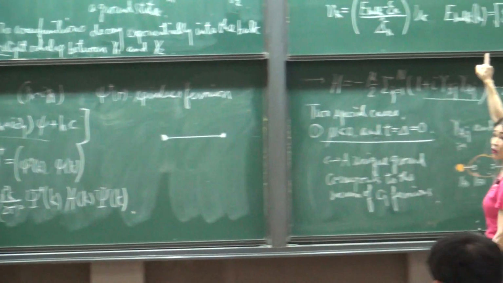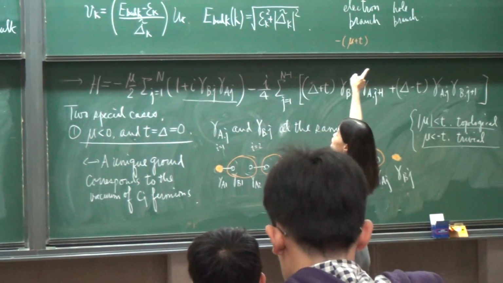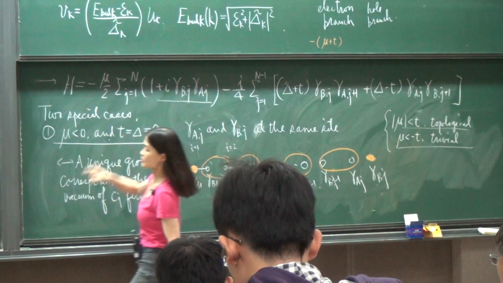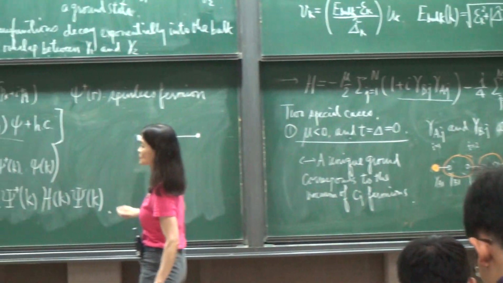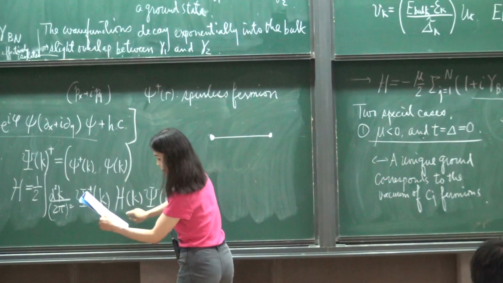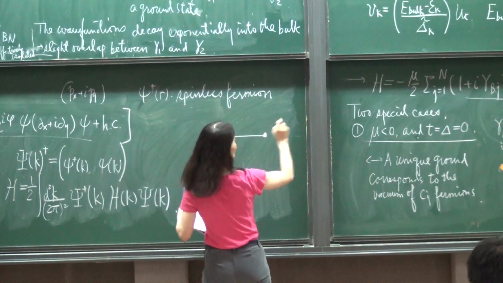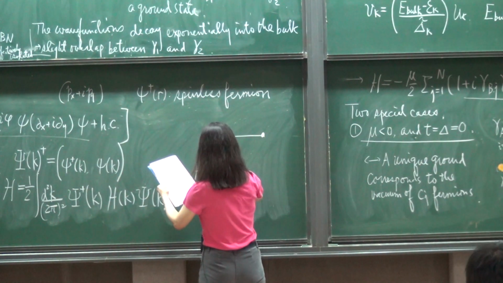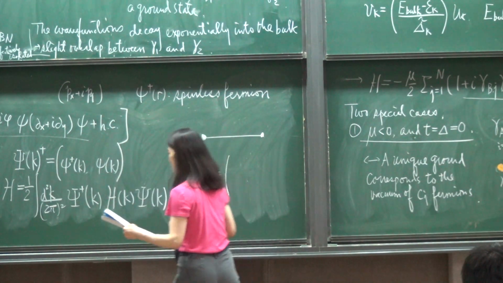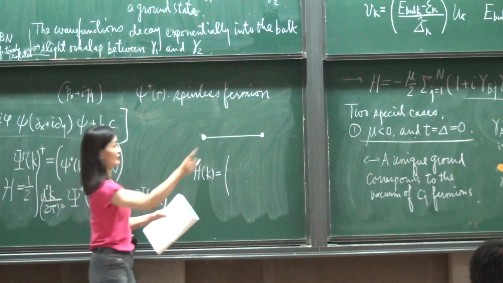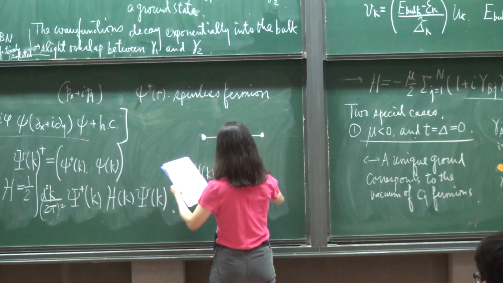I just sum over all the possible k in one dimension. Now I just replace that expression in terms of this. This is my Hamiltonian. So I have this h of k, but then this h of k is going to look just like that. So I will write 1, and the rest will be just like there, so I don't have to rewrite them.